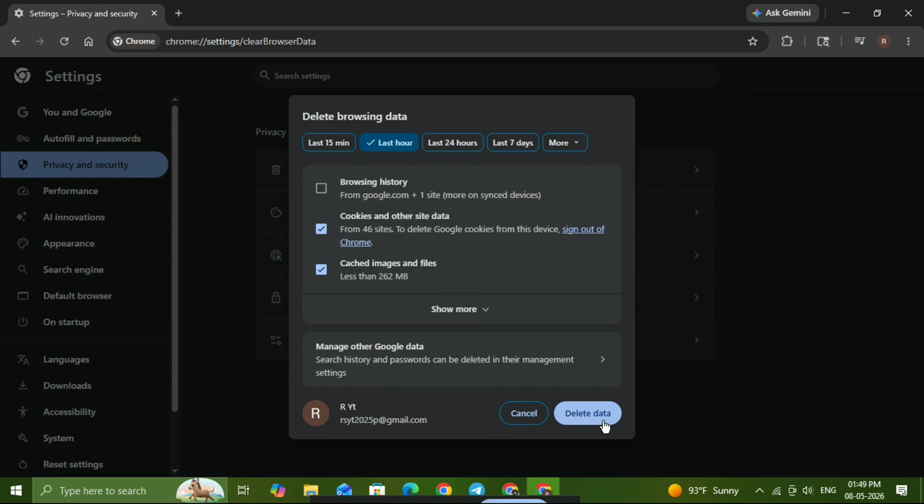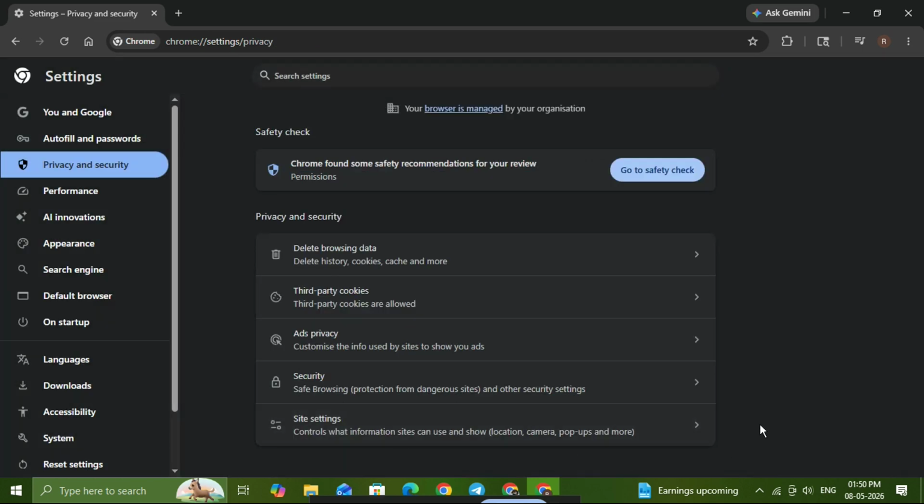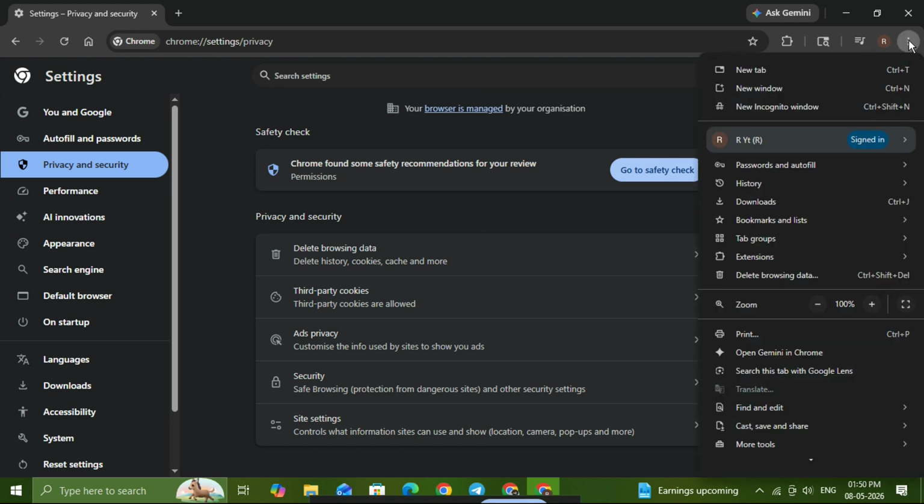This step fixes a lot of browser issues because it gives Chrome a fresh start with the website instead of using old saved data. If you still see the error, the next method is to disable hardware acceleration. Hardware acceleration can improve performance, but on some systems it can also cause Chrome to crash or display the "Aw, Snap!" message. To turn it off, open Chrome, click the three dots in the top right corner, then go to